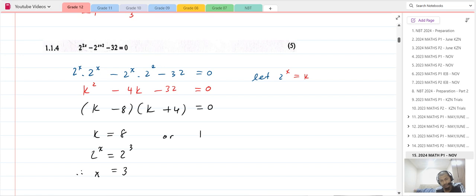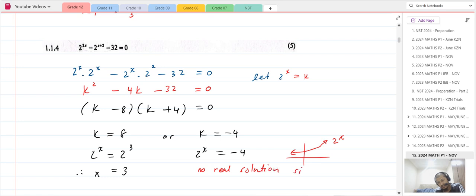Or k is equal to negative 4. So we will say 2 to the power x is equal to negative 4. We can't really solve this because 2 to the power x is always positive, knowing the graph of 2 to the power x, right? So we say no real solution here,